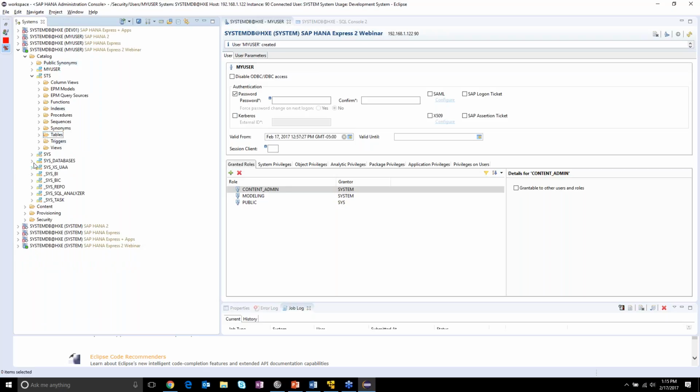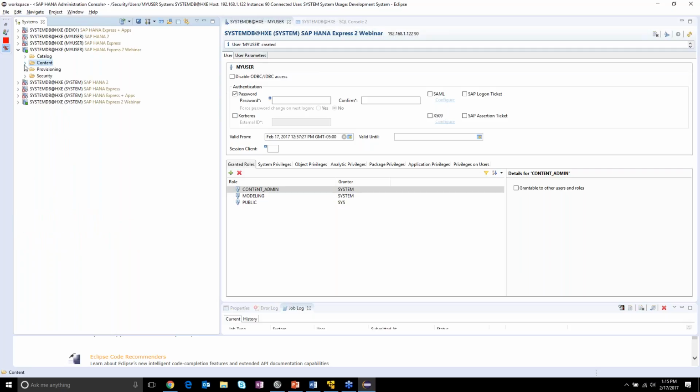Now, to do the models, this is just loading the tables, right? So the core tables are under the schema. Content, though, this other folder, so we'll collapse the catalog. Content is where we're actually going to store our projects that we're working on. So any type of development you're doing, you're really going to do it under one of these projects that you